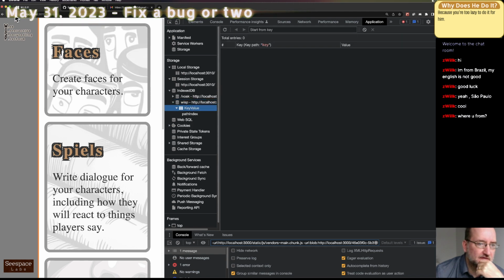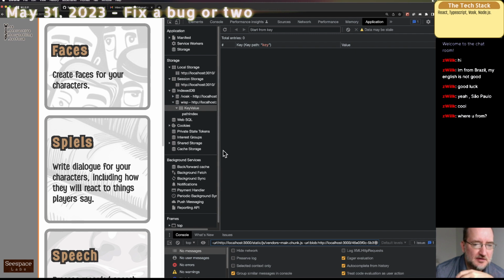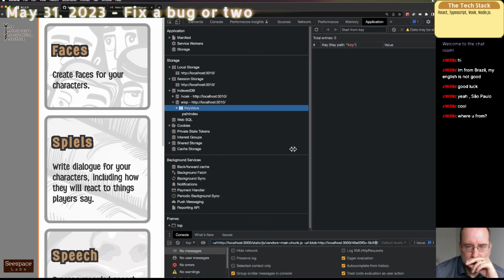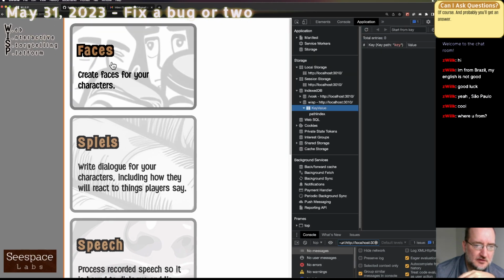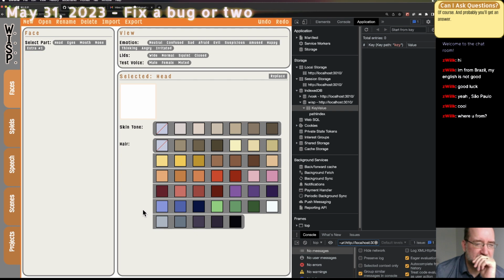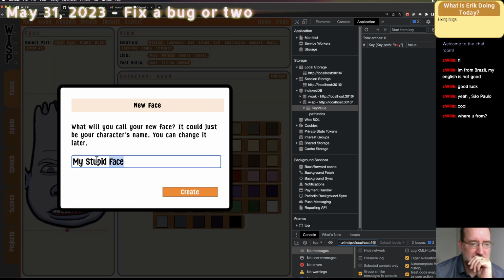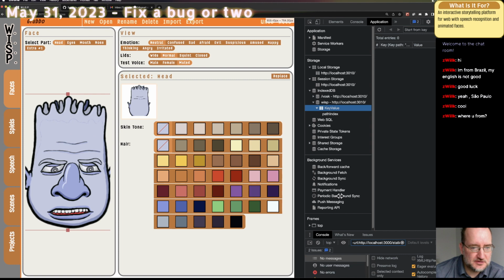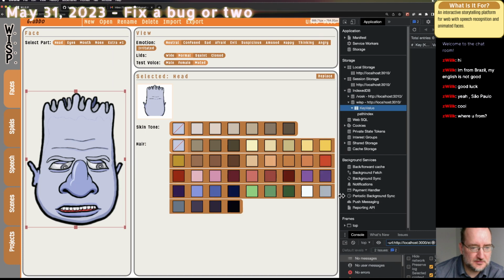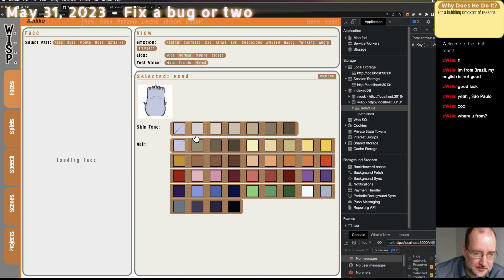Okay, and then let's just go bam like that, and create a face. It's going to ask me for a name. I'll go with Grubbo. And I think I'll make a few changes to them just so I know that it's a different thing than the default.